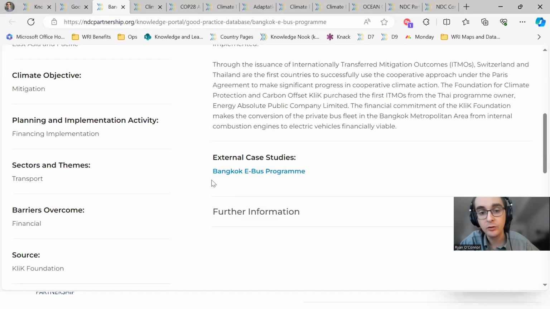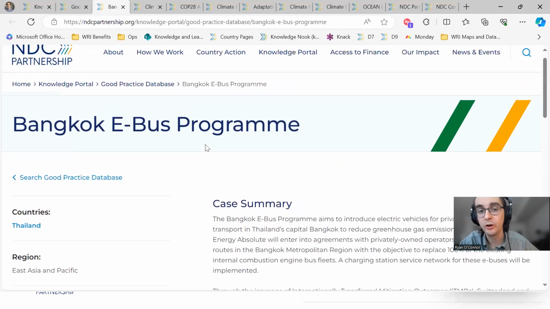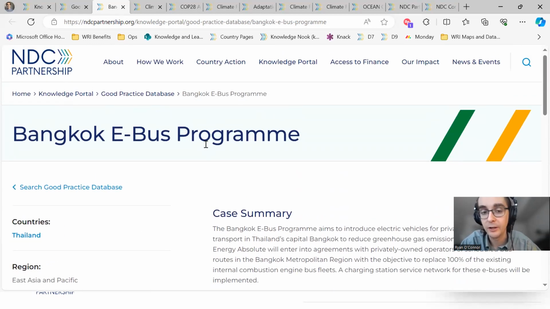And then in this case, you can see it's an external case study, meaning it links to a website rather than a PDF upload. You can simply click on this link here to go directly to the source material and access the case study for yourself and read it. So a relatively simple UI, which just lets you access the information directly,